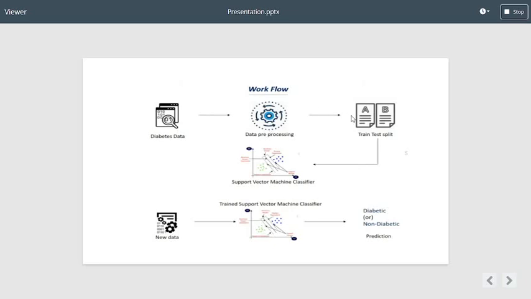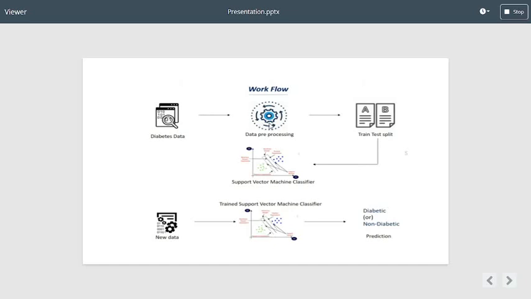We need to pre-process the data, where we analyze the data, and as this data won't be very suitable to feed to a machine learning model, we need to standardize it because there are a lot of attributes here, a lot of medical information, and we want all these data to be in the same range. So we standardize all these data so that they lie in the same range. All these things will be done in